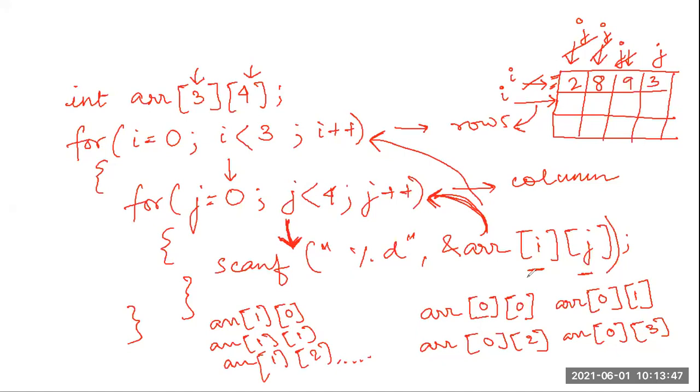Is this concept clear? How the calculation is done and how each and every element is being filled up? Is this thing clear? Yes or no? How the inner loop is working, how the outer loop is working? Yes, ma'am. Okay, fine. So this needs to be clear because henceforth all the programs may consist of a lot of looping concepts, a lot of inner loop and outer loop concepts. So this was the way how the inner loop and outer loop work.